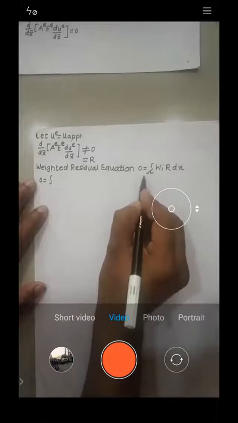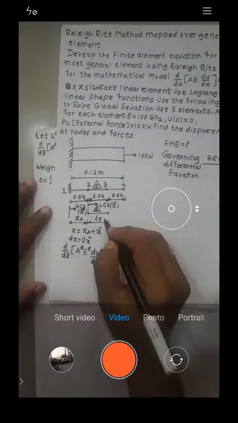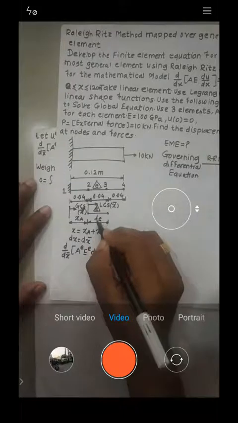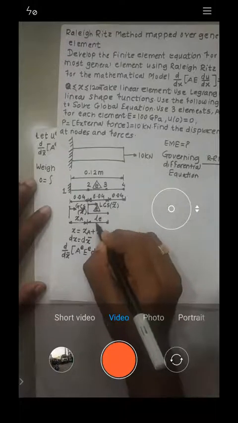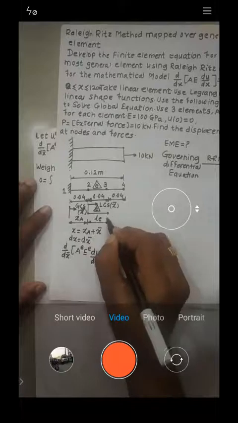Now I need to give the limits for the integration. I am writing this for an element, right? So what is the length of the element? It's LE. So here I will have x as 0, and here I will have x as LE. So limits for the integration will be 0 to LE. Understood or not? Let me know. 0 to LE is the length of the element. What is LE? It is nothing but the length of the element.